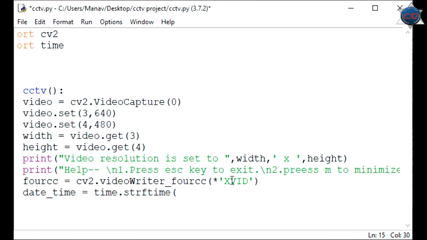I'm just using strftime, and I will show the text on the screen as recording, and date time will be like recording, and here I am passing %S for second, %H for hour, %M for minute, and now let me go to date, month and year only.